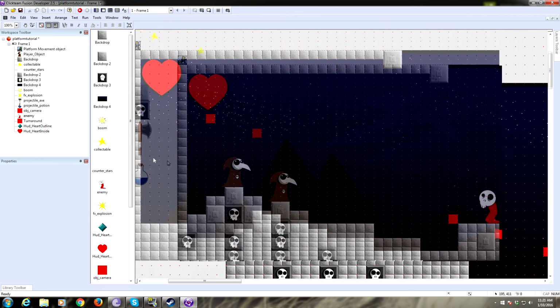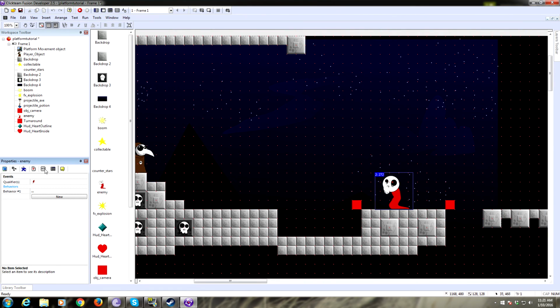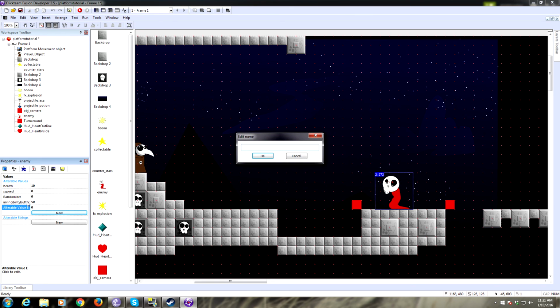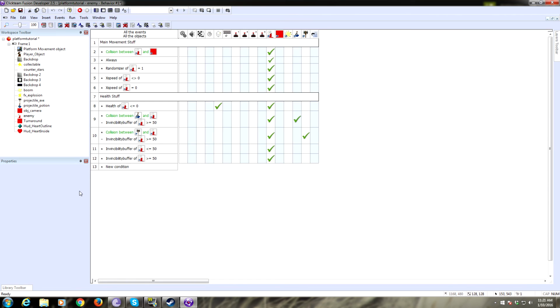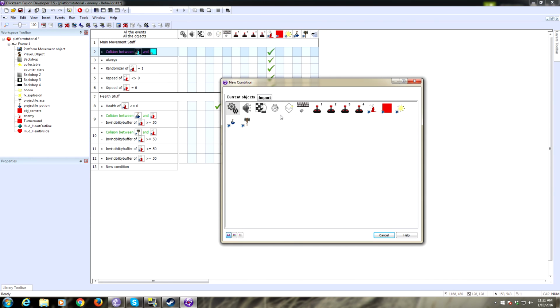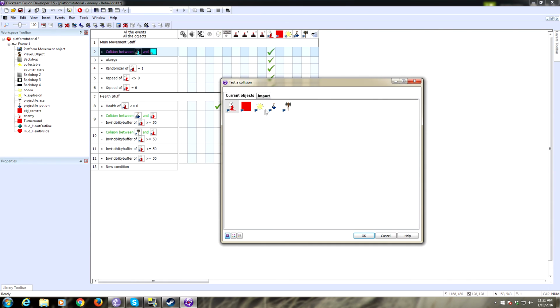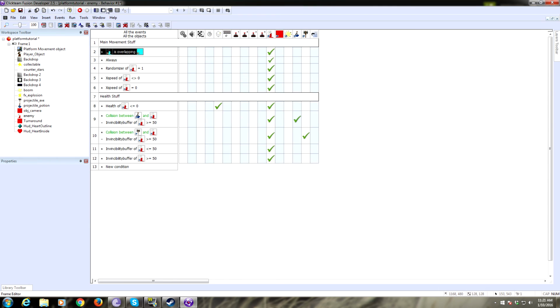Now we need to fix our enemy. We're gonna need another alterable value. We're just gonna call this one buffer. What's happening is he's moving through these objects, and so actually I might be able to fix this just by changing it from a collision to an overlap. That might get a little spastic, but it could work. We'll see real quick. We just replace this to, now hold on, don't do anything guys, just let's see if this works. Collision, overlap another object, turn around,